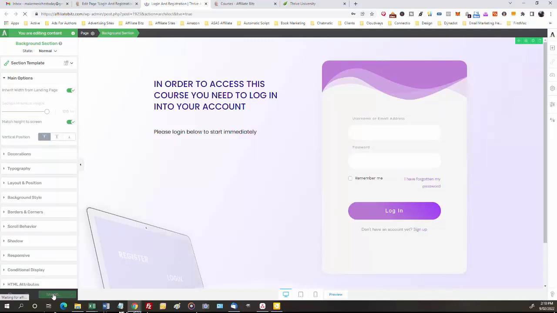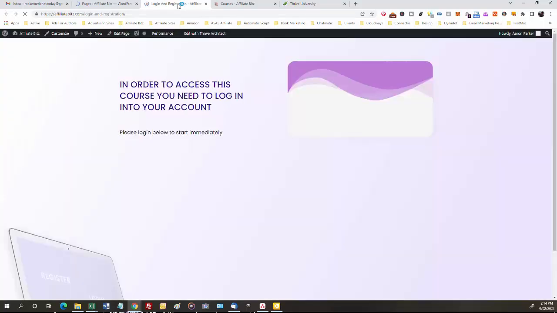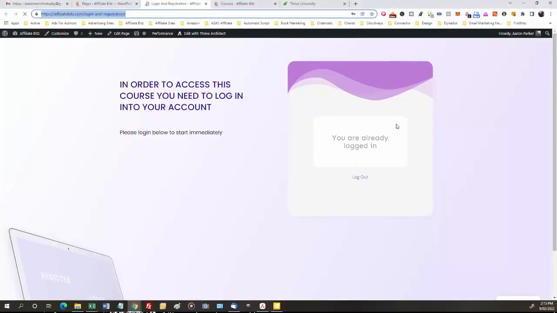And then while that is saving, I'll come back across to our other screen, sorry, our registration page here. And so now when we click on our button, boom, we get this page. And of course it's coming up showing I'm already logged in, because I'm doing this on my logged in side, not my not logged in side. Coming back into our